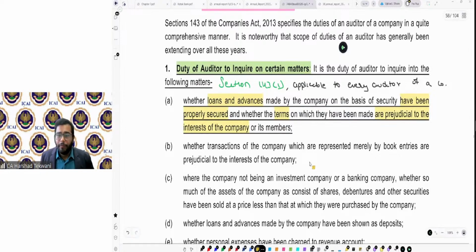So during the audit, whatever loans and advances are given, we verify their agreements, at what terms they have been given, and what the security is. If the loans and advances have been given to a corporate, then other sections of the company check whether they are compliant with respect to intercorporate loans and advances. Number two, whether the company to whom the loan has been given, or any such entity, is required to register a charge. If yes, then whether the corporate or entity has registered the charge or not. So we then verify all the details of the loan given,